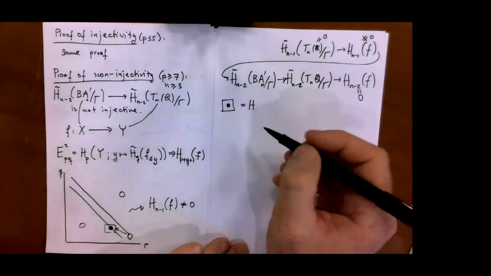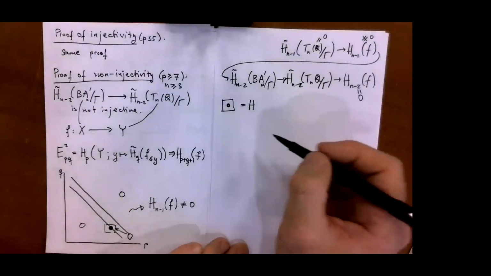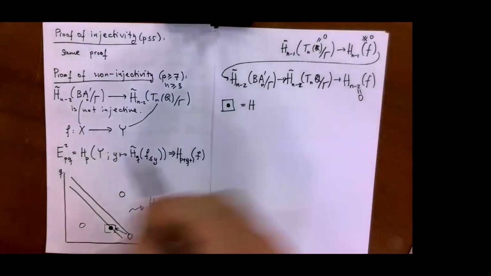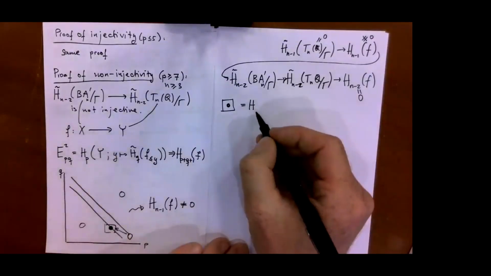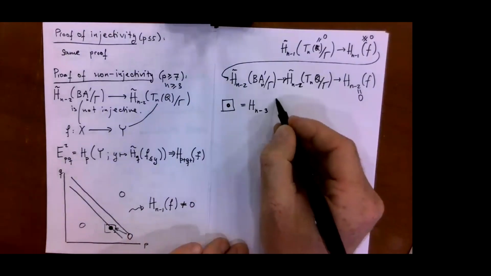This turns out to be, I mean, if you just plug it in, it is h n minus 3 of